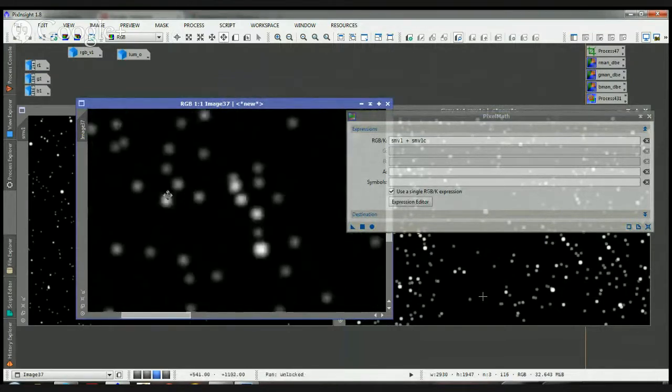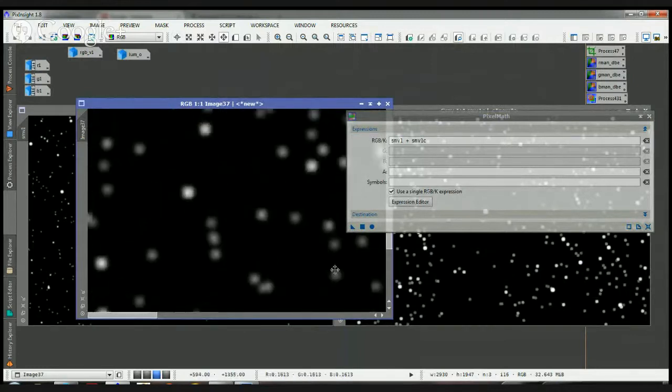So that looks pretty good. It's a little rough. I'm flying through this. The star mask actually really sucks, but